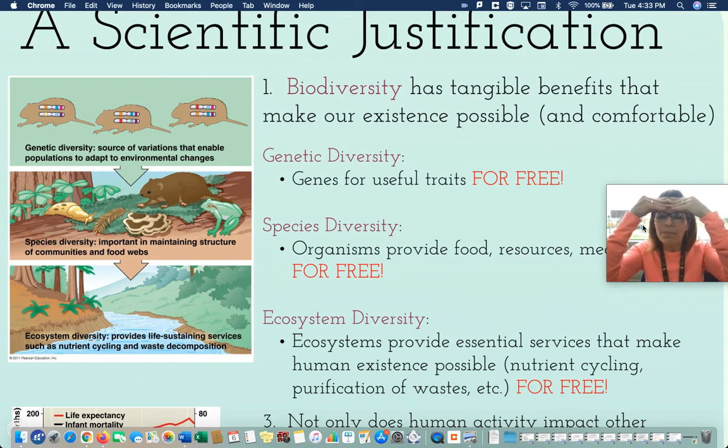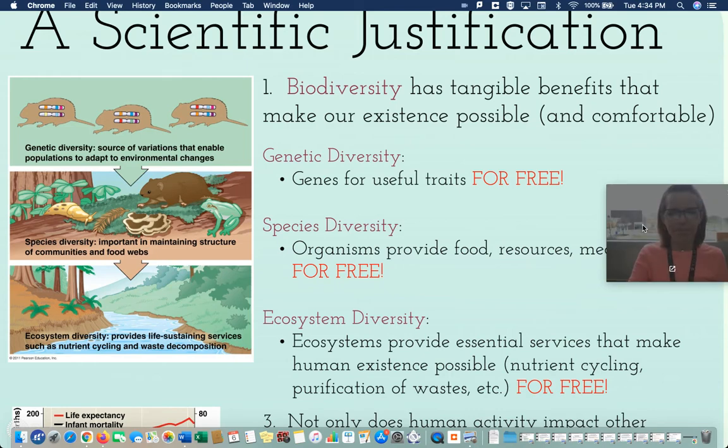That's another one that makes planet Earth so incredible, you guys. The idea that everything on this planet recycles. This planet invented recycling. Humans didn't invent recycling. This planet is such an amazing recycler. Even within your bodies, you know that you're recycling nutrients all the time. So nutrient cycling, purification of wastes, lots of organisms clean up the toxins and clean up waste and renew it into something new. That's amazing. And that's part of what ecosystem diversity does for us.